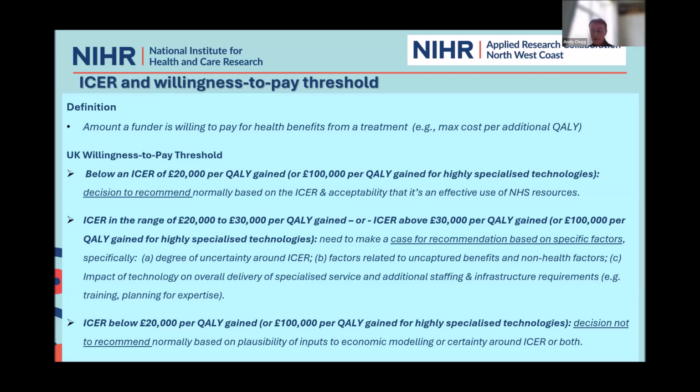They vary tremendously depending on which country you are in. So the World Health Organization sets a threshold of between 1 to 3 times a country's gross domestic product per capita per QALY. China uses 0.5 to 1.5 of GDP per capita per QALY as their threshold. In the UK,